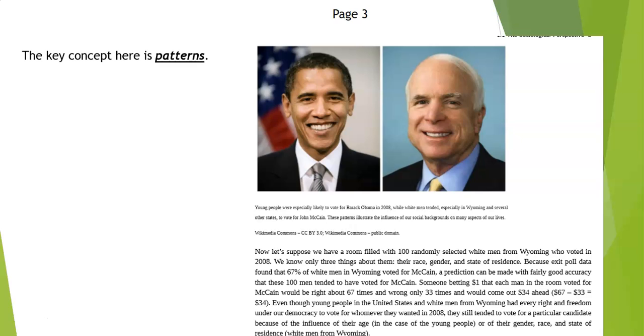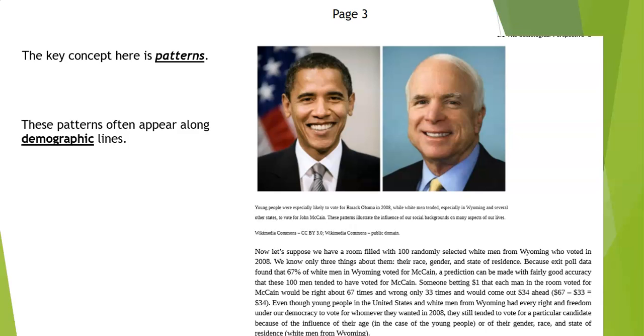Now, the key concept that we're looking for is patterns, right? I pulled this straight from the textbook, from the reading that we had. This is page 3, and I want to dive into this little section a bit more. But we're looking at patterns. They can be as benign as the way you behave on an elevator, to voting patterns. And all of this stuff matters. So we're looking for patterns.